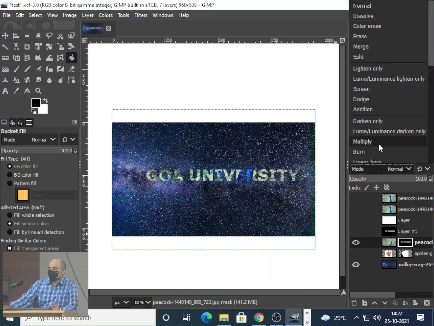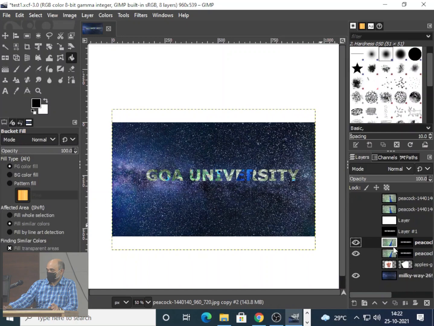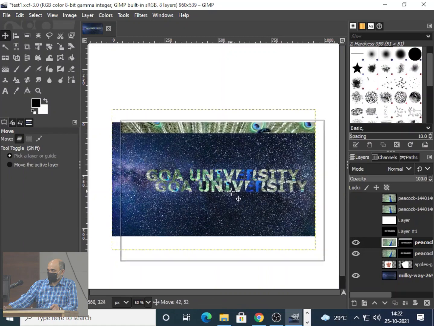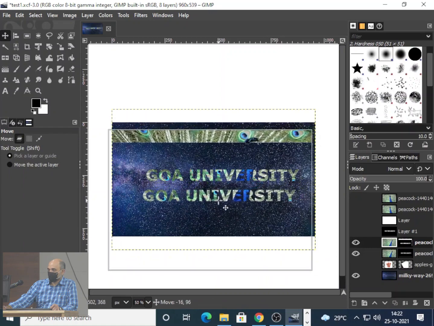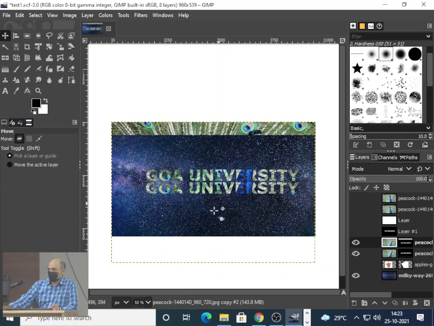You can blend it, and I can duplicate this. Can you see this? Because the mask was only for that area. See what has happened to the other part of the image. Okay, we'll do it again. I'll just remove this. Have you understood the concept of a mask?